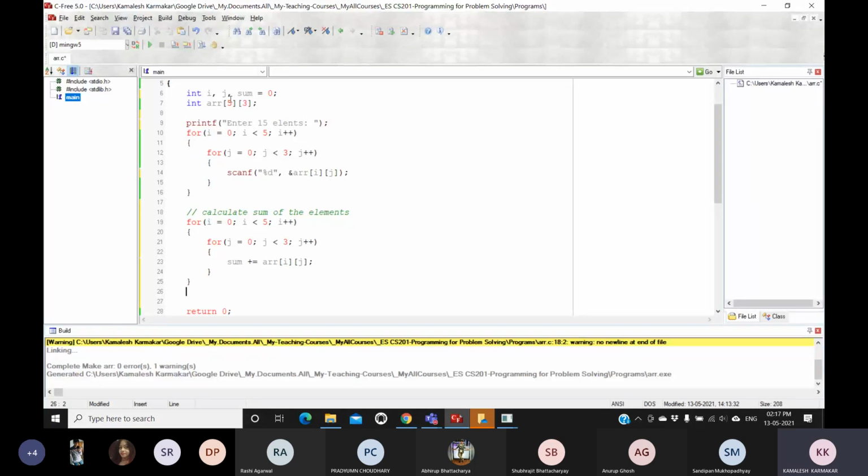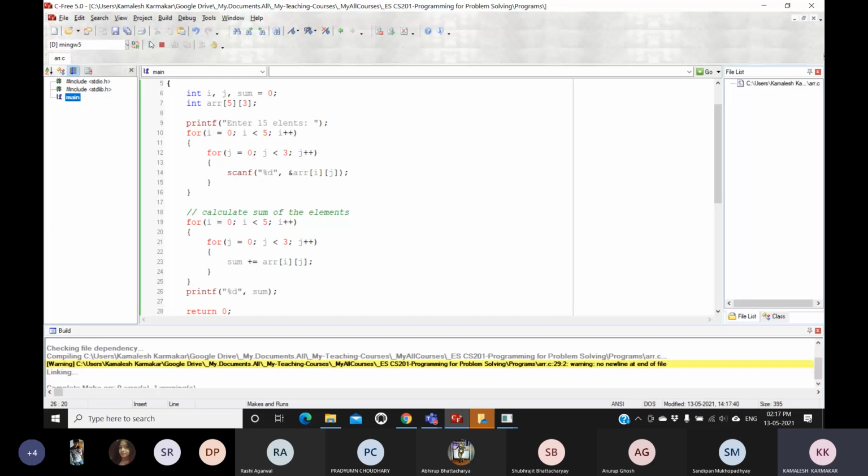And finally, I want to print this value, so printf. The result will be an integer, so I'm just printing this sum, nothing else.